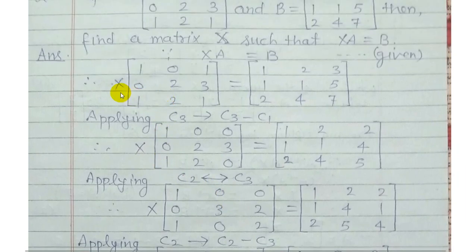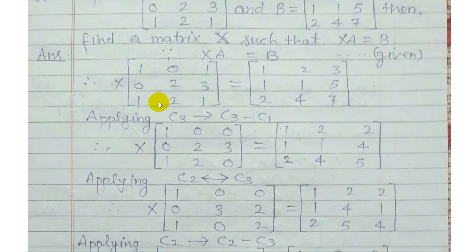So in this case, X comes first. Like A inverse into A equal to I, we should apply column transformation for this conversion. Always pay attention: if we have to find the value of matrix X which is given before the matrix, on the left hand side of the matrix, we should apply column transformation, and if X is given on the right hand side of the matrix, we should apply row transformation. This is the trick, this is the rule, then you will get full marks.